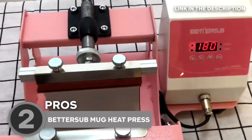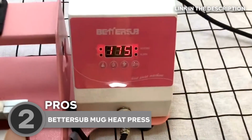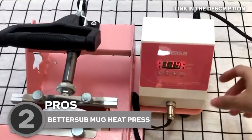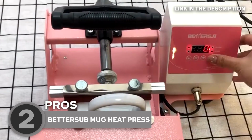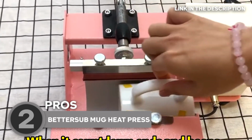Get ready for precision like never before. It offers precise temperature settings and adjustable time intervals. You have full control over fine-tuning the heat transfer process according to your materials and designs. With this level of precision, you can achieve consistent and high-quality results, creating professional-looking customized mugs that leave a lasting